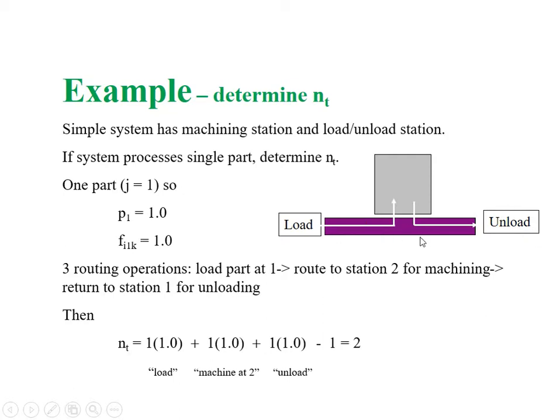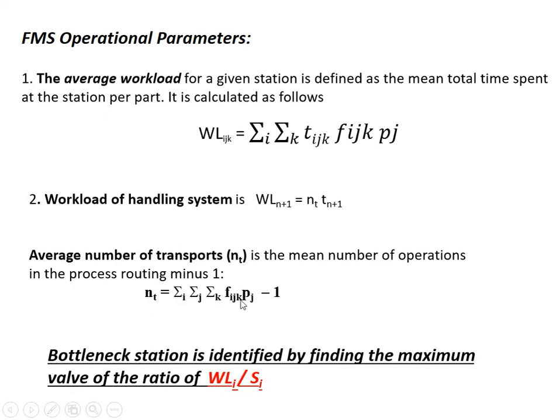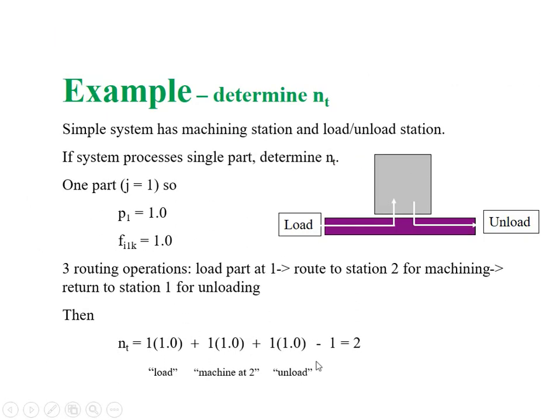So this is one process where we can see the loading value is 1 because only one loading station is there, and as you can see here the machine is 2, that is one particular station, our workstation is over here. In the same way, the value of unloading is also 1, and here we are calculating nt, which is nothing but the average number of transporters. For that we are just taking 1 away, and here we can see the average number of transporters is 2. So this is a simple calculation for determining nt, the average number of transporters.